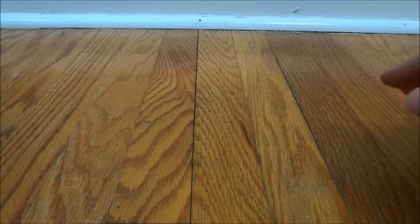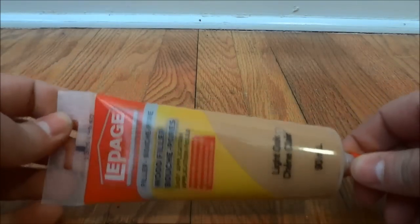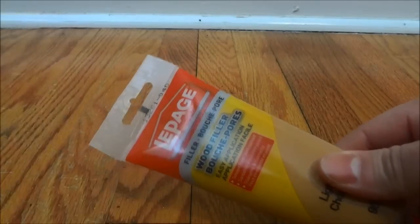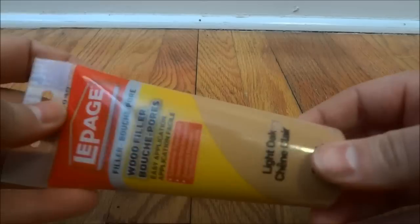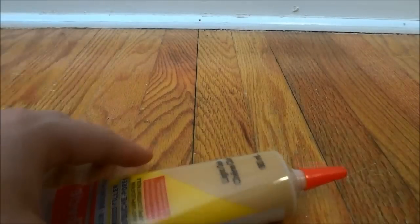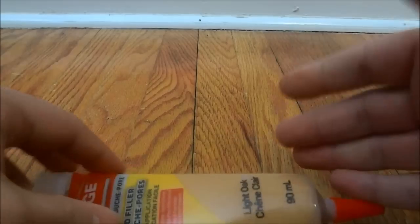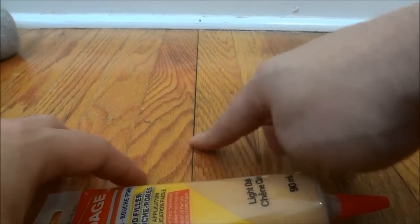So what you're going to have to do is go out and get some wood filler. Now I have some wood filler right here, and this one is actually by LePage, but there are tons of different brands that sell wood filler, and you're going to try and get the wood filler that matches your hardwood flooring color as closely as possible. Now this wood filler is actually stainable, so we can stain it to match the color of the hardwood exactly,